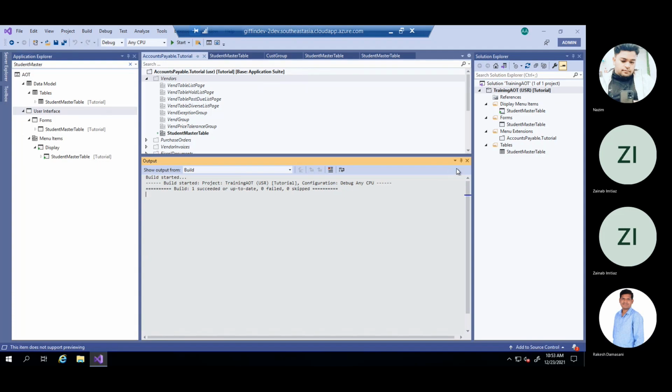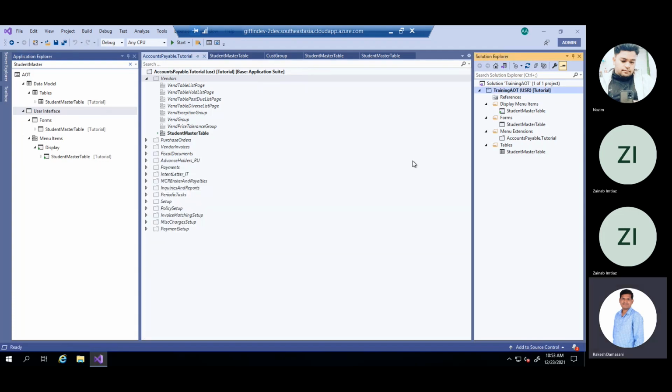Where will it show the student master table?